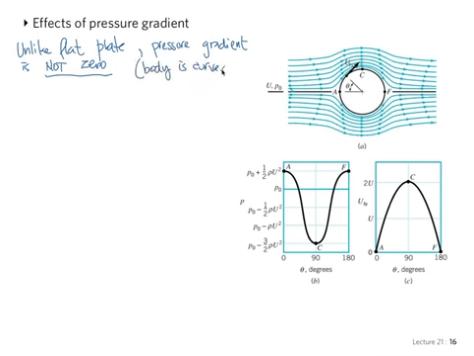So the effect of the curved streamlines is that there's going to be a pressure change. So in fact, the free stream velocity is not constant because it needs to adapt to the curved body. And so